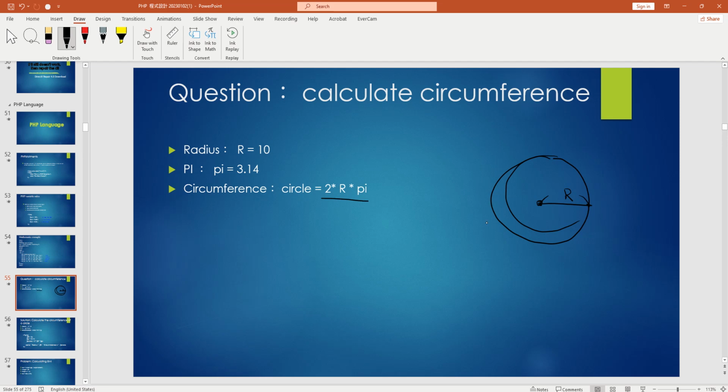So how to let PHP calculate the circumference? If the r is equal to 10, the circumference will be 2 times 10 times pi, so the answer will be this one, okay? So how to write the PHP to calculate this one? In PHP, you need to write the PHP opening tag with a question mark. You need to define a variable r and set it to 10. So set up a place,